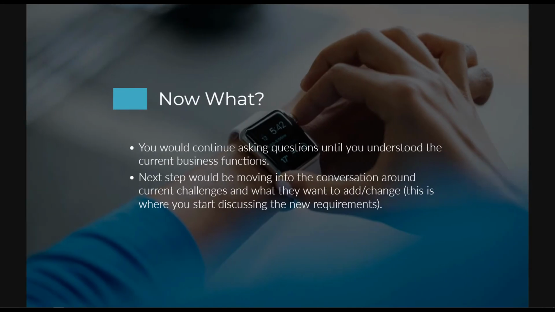So now what? You would continue asking questions until you understood the current business functions. Your next step would be moving into the conversation around current challenges and what they want to add or change. So that's where you start discussing the new requirements. So typically, depending on how much time you have, that may not happen, or most likely won't happen until the next session, right? You usually are going to try to get down the current state in the first session and then have another session on the requirements, what their challenges are today, what they're looking for in the future,